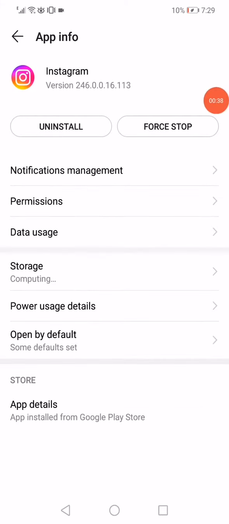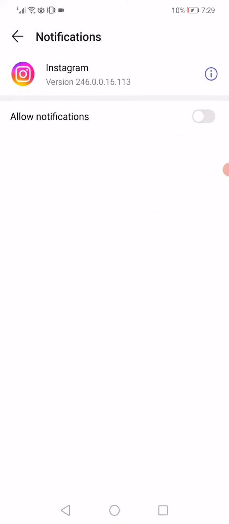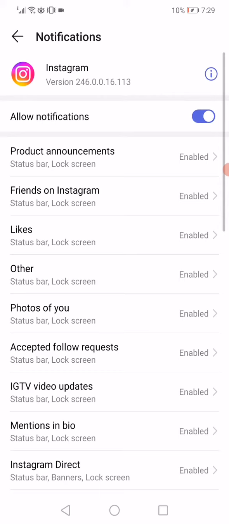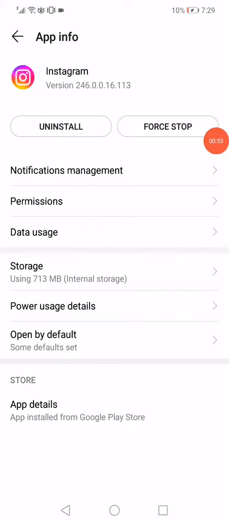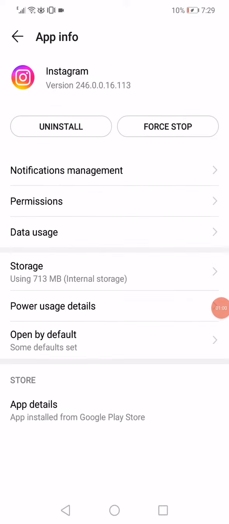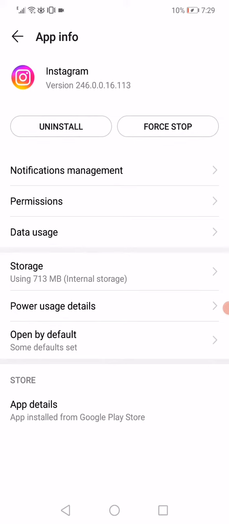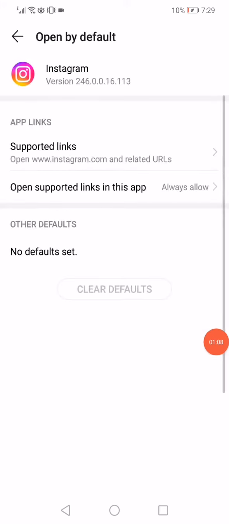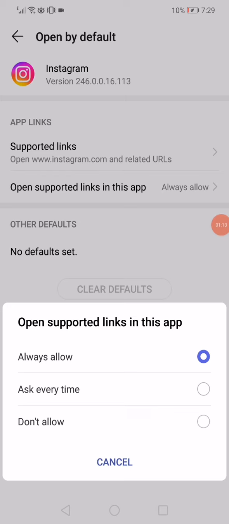Click on it. Now all what you have to do is go to notifications management, disable the notifications, and then wait a few seconds and enable them again. Go back, click on this option for stop, and then go down, click on clear cache in the storage option. When you clear cache, most of the problems are gone, not just the highlights. And now click on the open by default, click on open supported links in the app, and choose ask every